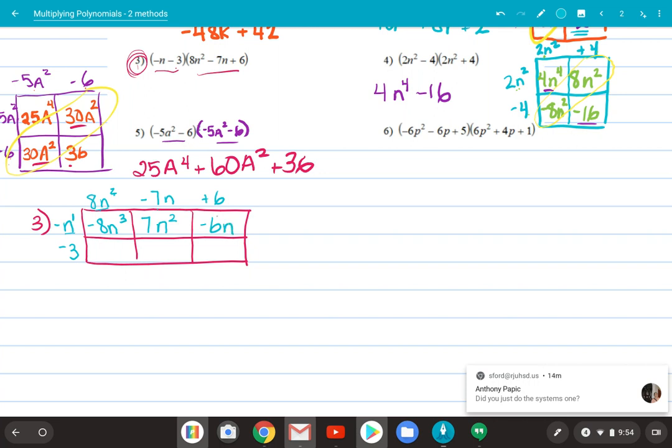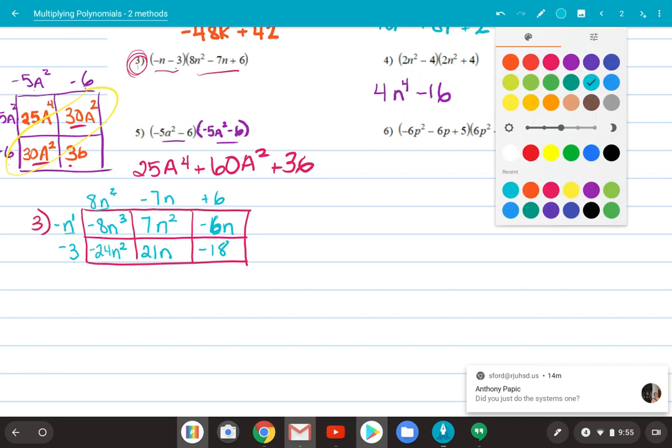And I know my 6's look like B's, so that's why I do capital B's when we do them. And then we're going to do all those top numbers times the bottom, which is the negative 3. So 8n squared times negative 3. And this time the negative 3 doesn't have any n, so we don't have to add them. So negative 7n times 3. And negative 3 times 6. And just like I showed you before,